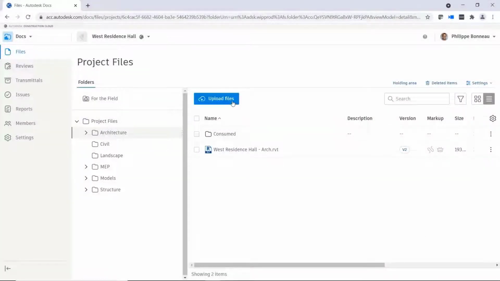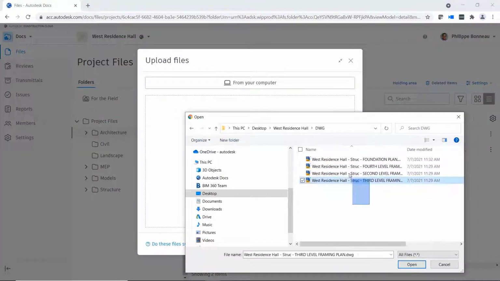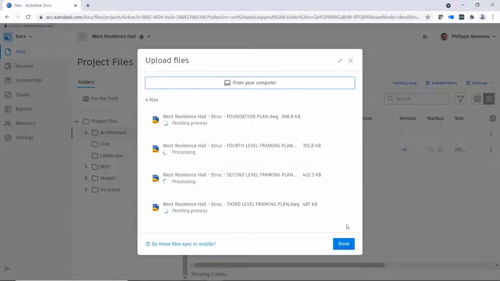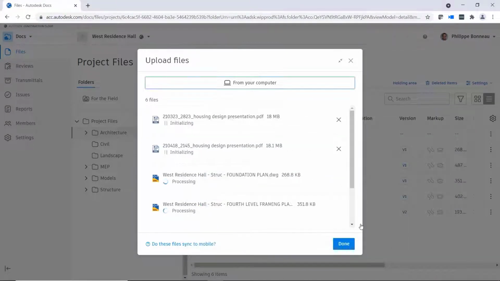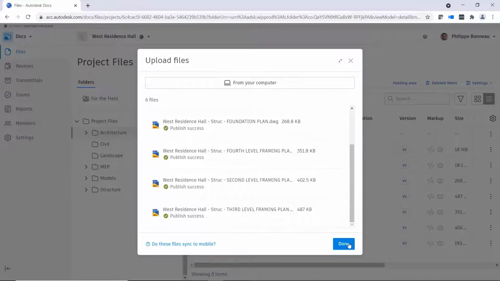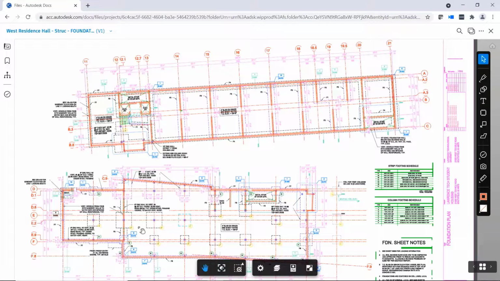In addition to Revit models, many other file formats may be used with Autodesk BIM Collaborate Pro. In this example, you will upload several DWG and PDF files to Autodesk Docs for other team members to access, review, and mark up as needed. Other file formats, such as IFC and Microsoft Office files like Word, Excel, and PowerPoint, are also supported by the